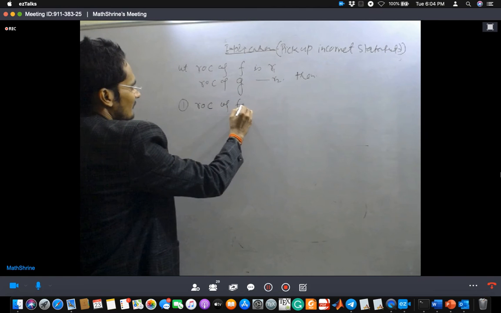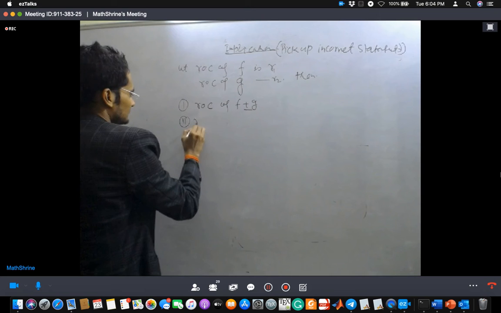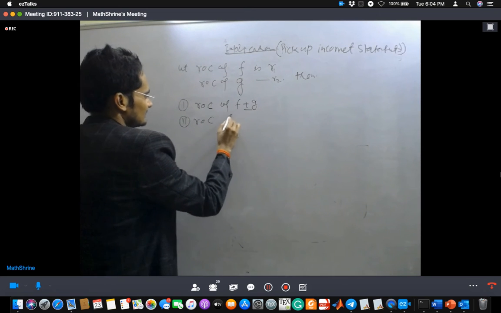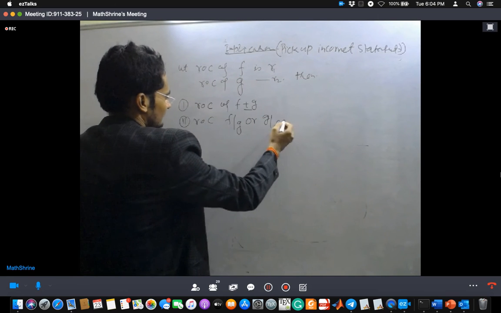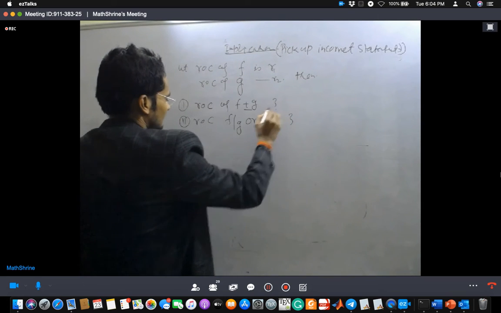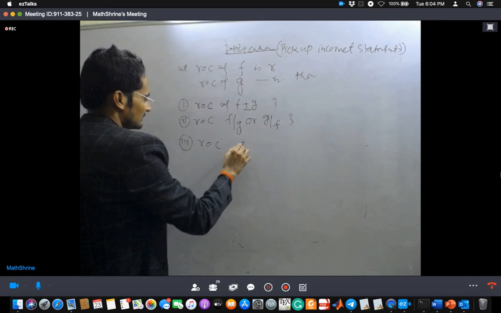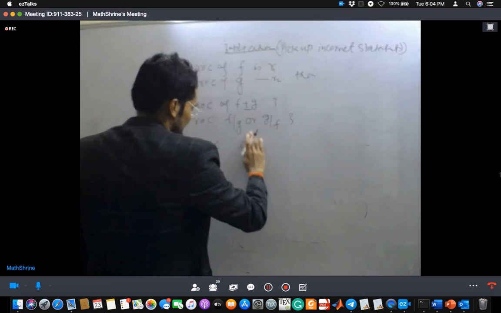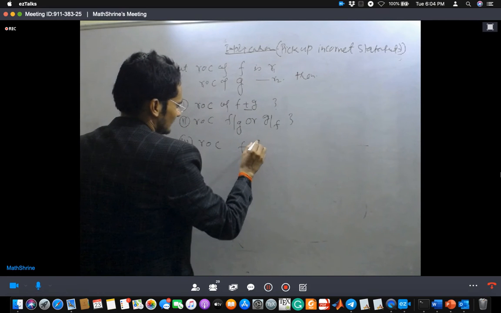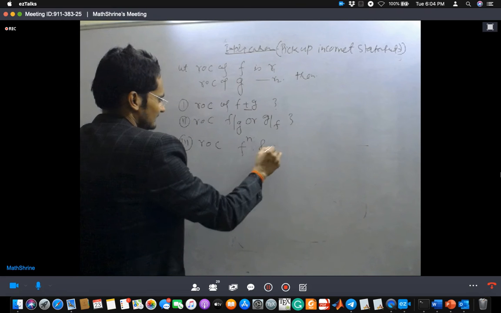Second option, radius of convergence of f by g or g by f, we have to calculate this. You can think on it. Third option, the radius of convergence of f raised to the power g, meaning f composition g, or radius of convergence of f to the power n and g raised to the power n. You have to calculate it. The fourth one is